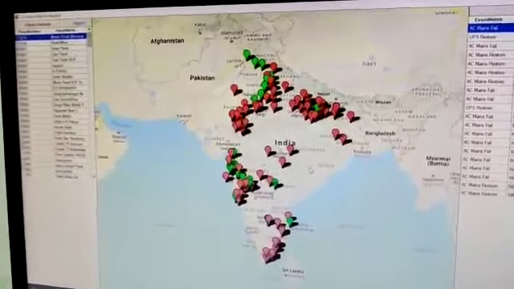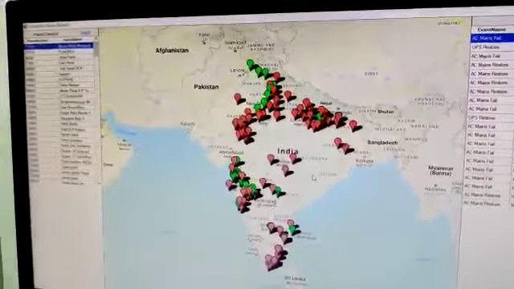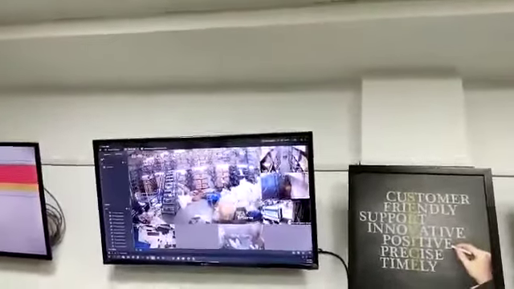ICICI banks are visible on the Google map. Once a person clicks on the alarm, it will turn into a yellow mark. We see the information on what action has to be taken, and video at the side can be visible.